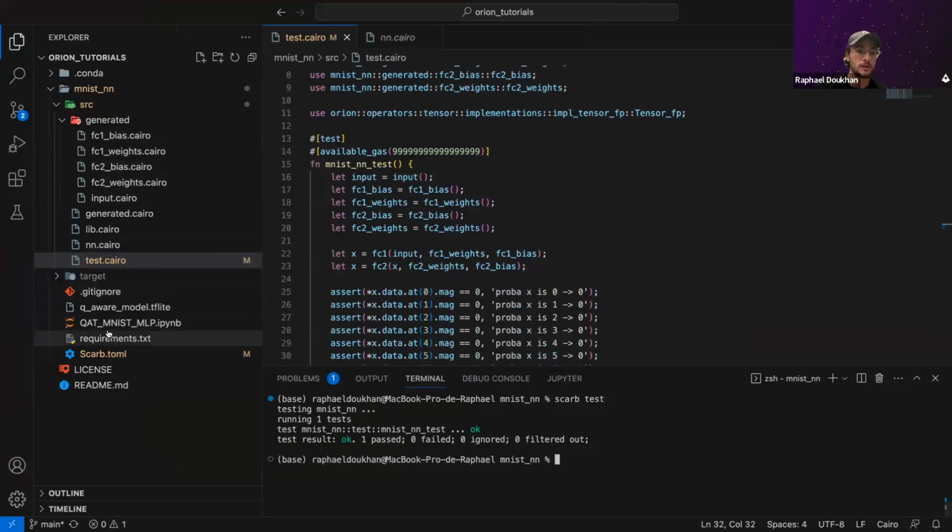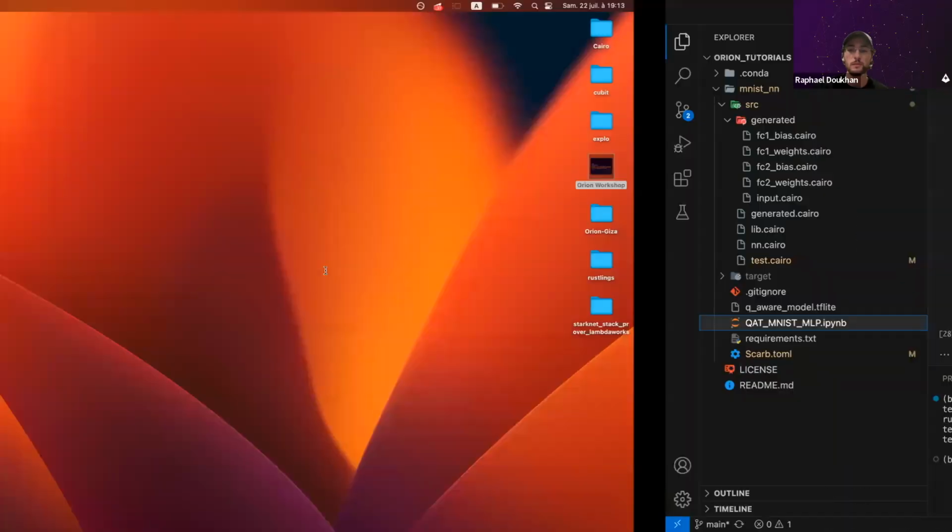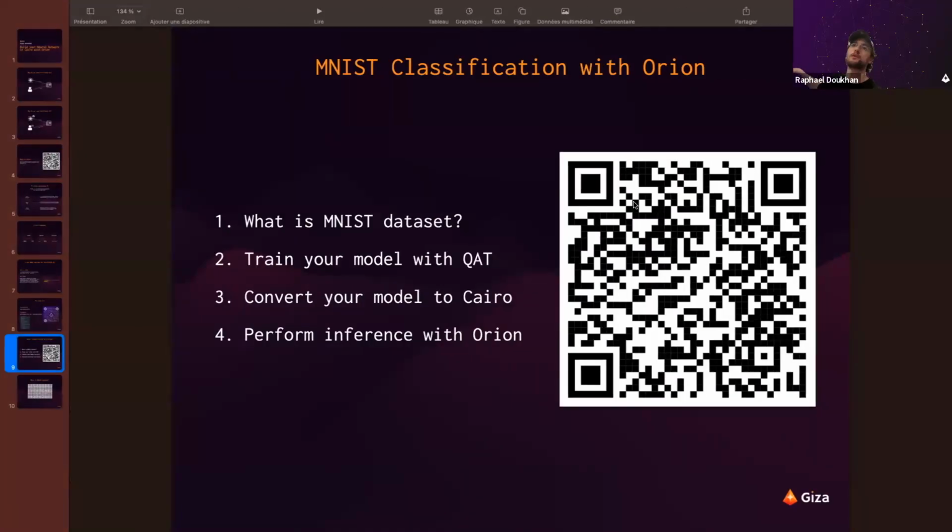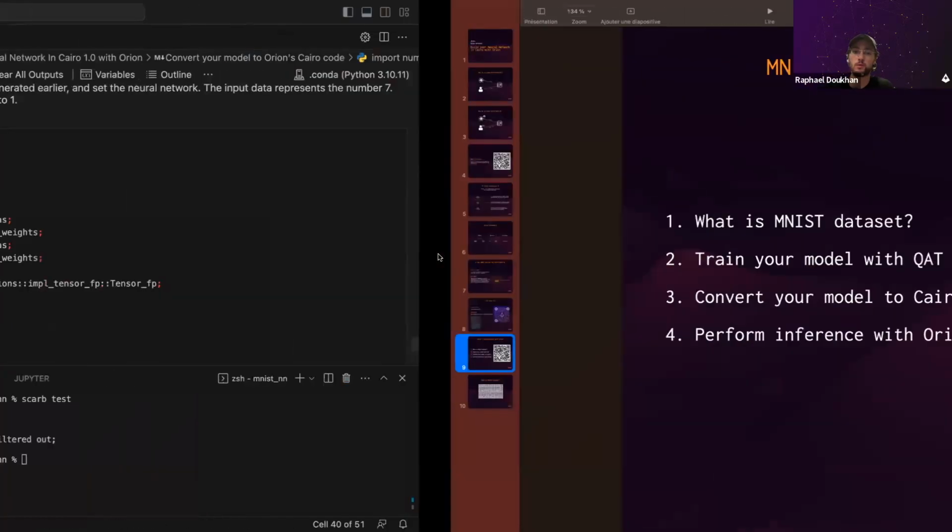In this QR code, you have the repo, if you want to check it. Sure, I can send all the links that I talked about.